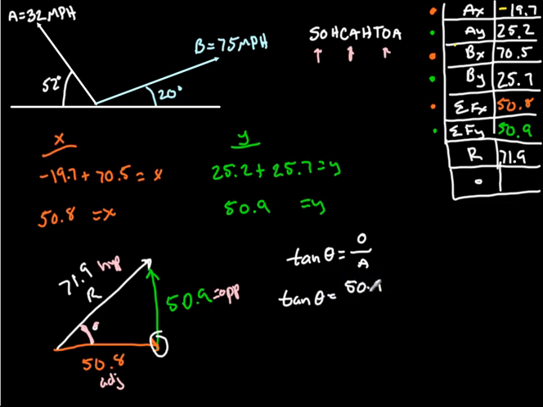So tangent of an angle equals 50.9 over 50.8. When we do 50.9 divided by 50.8,